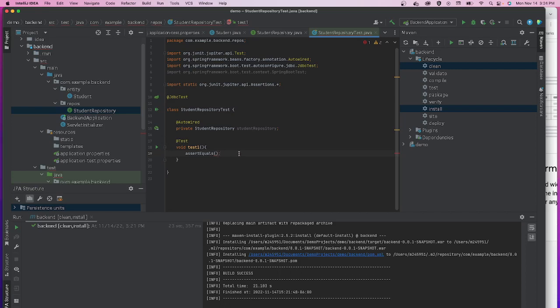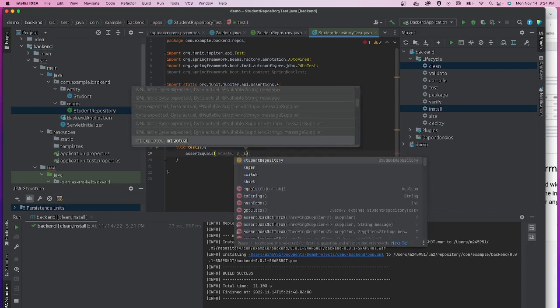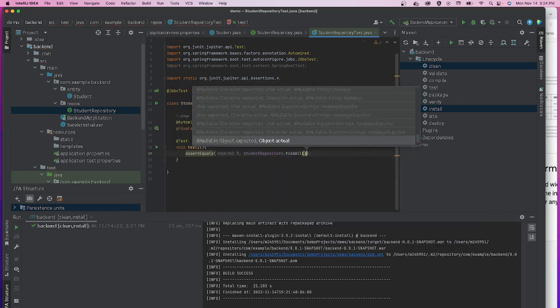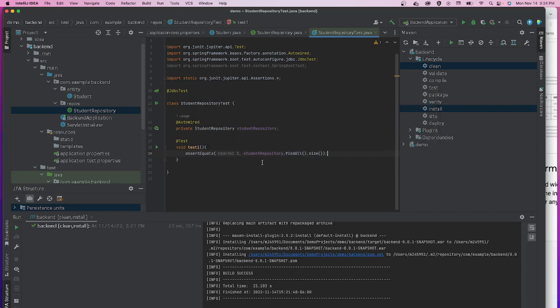Okay, I guess we can still do that demo. First, let's see what database this test is going to run against. We're expecting 3, and we want to use the repo to get all the records and the size. Okay, and if you look at the database,